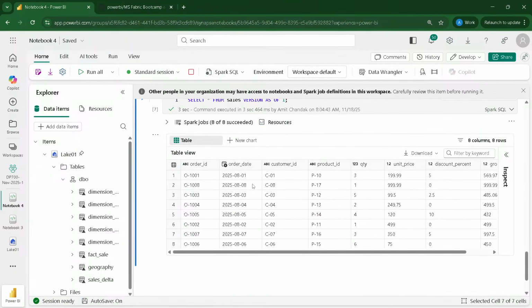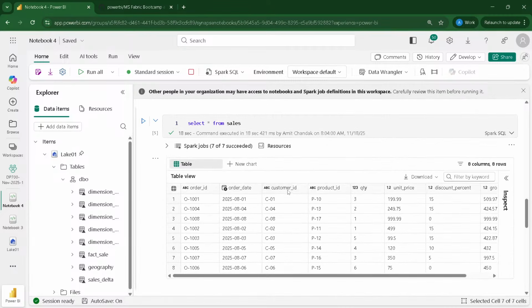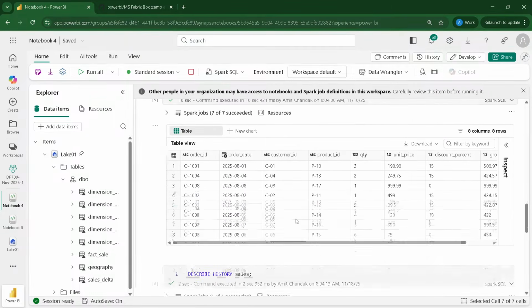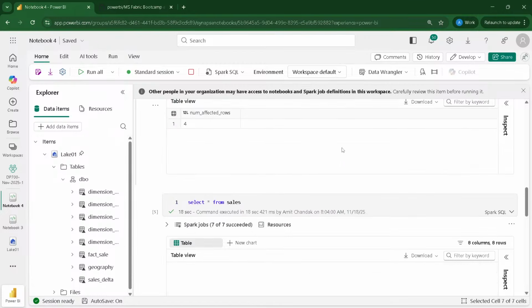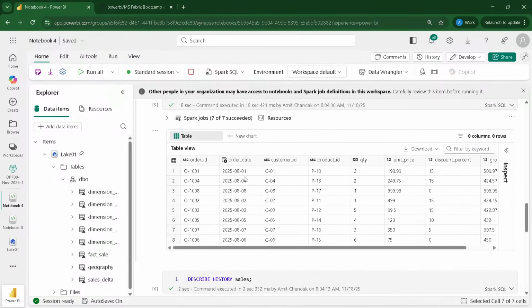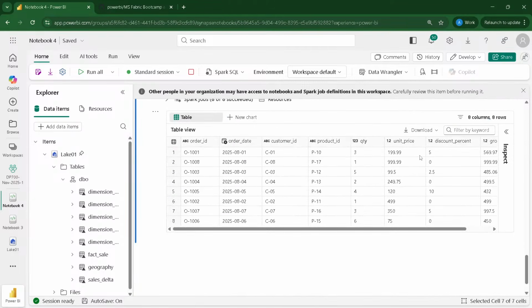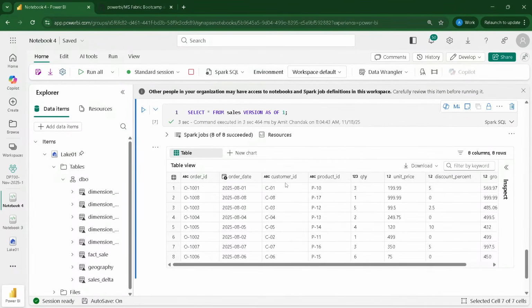If you remember, look at this 0808. If you look at this 0808 here, we changed between which dates in the update statement? 01 and 04 we have changed. So 01 is 15% and 04 is 15%, the first two rows. And when you look at the version which we queried again, 01 is 5%, 04 is 0%, 02 is 0%. So these are the rows we have updated. Now I am looking back into the past. That's what we call time travel. I'm going to version 1 and checking it out. And that's the beauty of Delta.